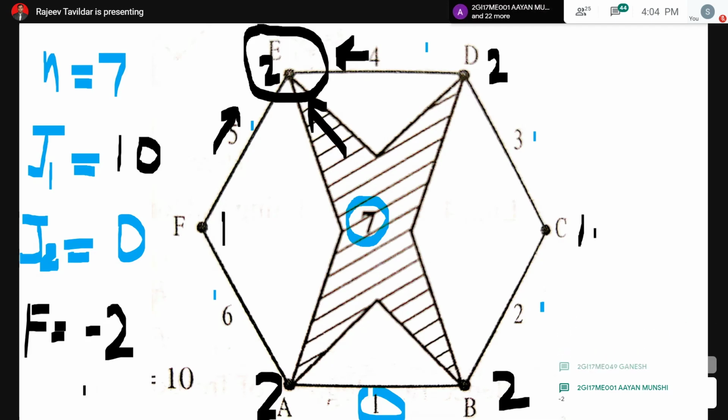What does this physically mean? I have already told you, if degree of freedom is 0, it means it does not have any motion. So it is a structure. If the degree of freedom is greater than 0, that means it has some motion. So we term it as a mechanism or kinematic chain. But what happens when the degree of freedom is minus or less than 0? As per the definition we have told, it is an indeterminate structure. But what does it physically mean? What is the difference between a structure and an indeterminate structure?